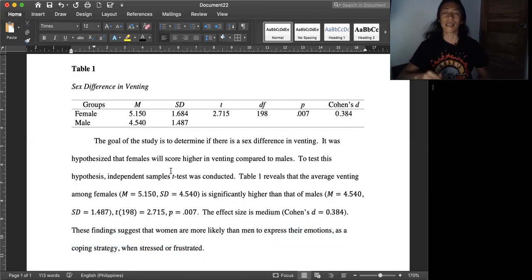And that's it. That is how you prepare a write-up for t-test. Again, this should not be taken as a template. This is an example, and I hope that you be guided in terms of the content, in terms of the sequence of information, in terms of how you format the statistical values, and just work with that sort of rather narrow elbow room, wherein you can sort of personalize your report without deviating from